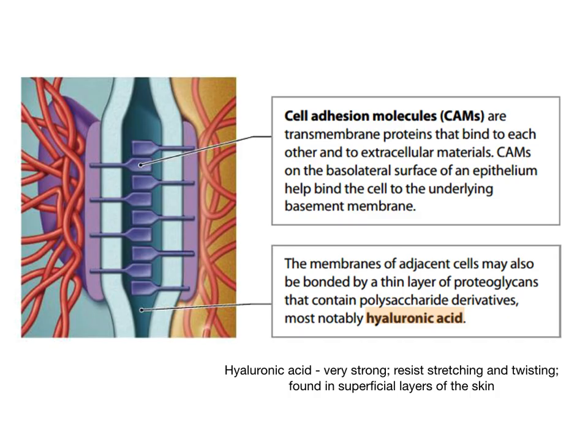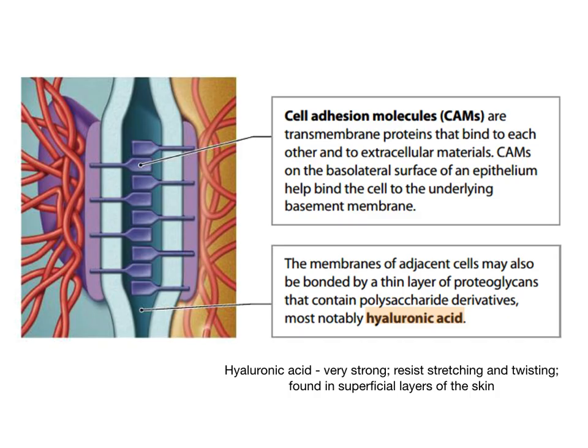We also have cell adhesion molecules, also known as CAMs. They are transmembrane proteins that bind to each other and to extracellular materials. CAMs are on the basolateral surface of an epithelium, and they help bind the cell to the underlying basement membrane. The membranes of adjacent cells may also be bonded by a thin layer of proteoglycans that contain polysaccharide derivatives, most